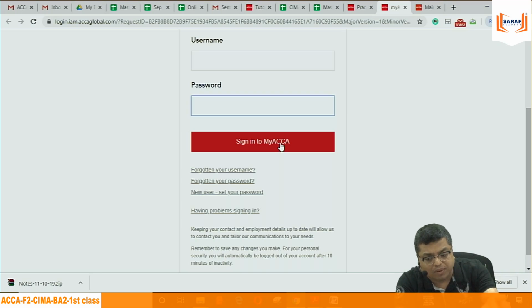So suppose I am giving the exam on 10th of January. I can request the ACCA Institute by writing my username, that is my ID and password. I can request the extra mock papers without making any payment. I need to have my ACCA registration number and ID. You will be getting 2 to 3 mocks without any cost, but for a limited period.